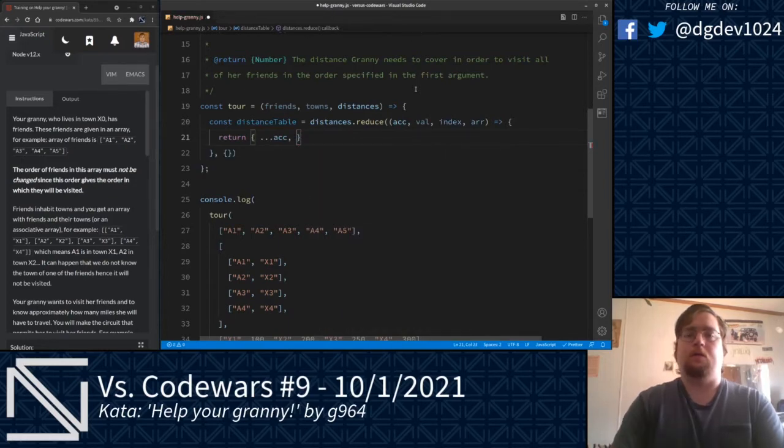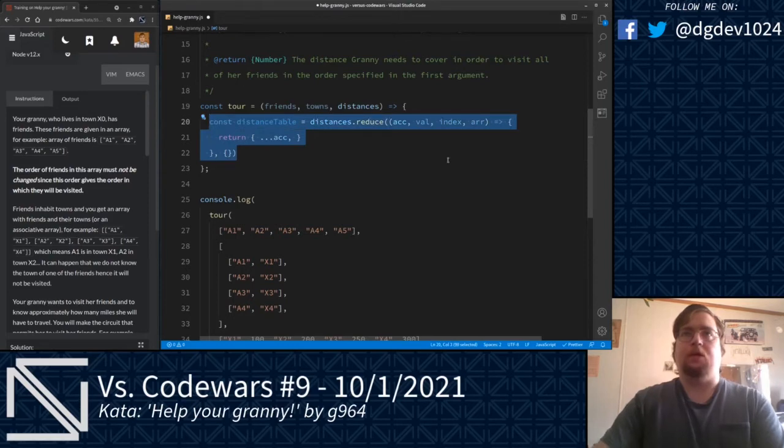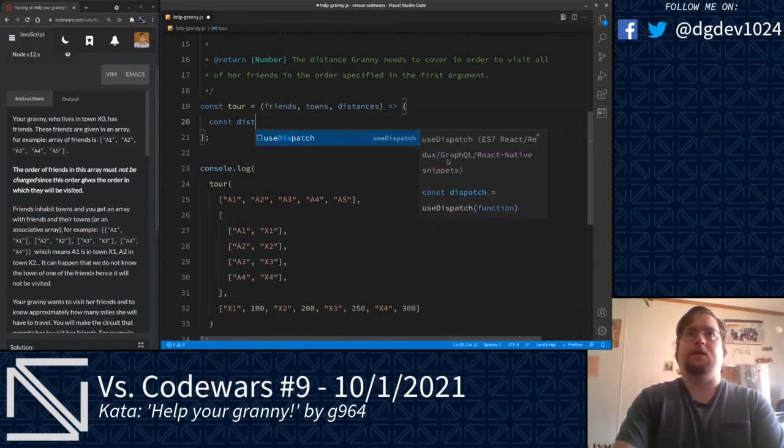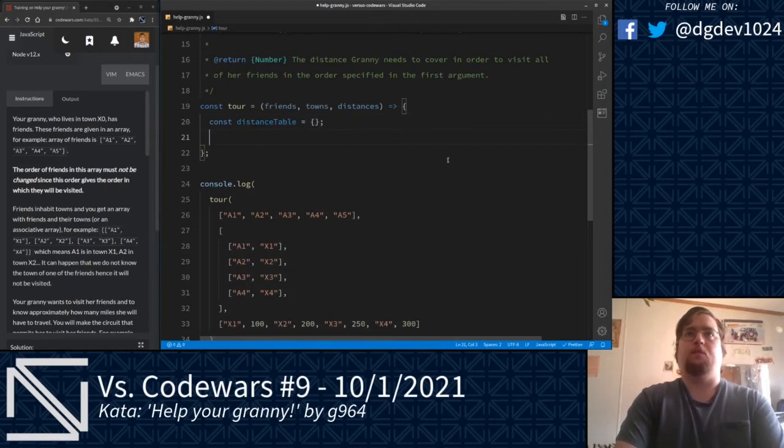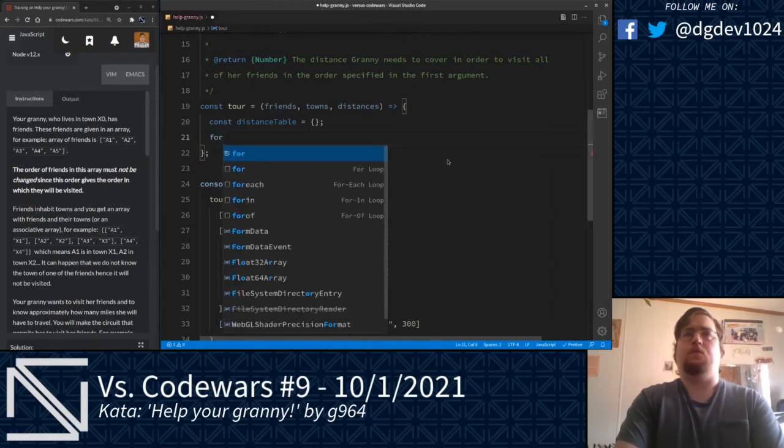You know what? I have another idea actually. I don't think reduce is going to work here. Let's go ahead and do our distance table. Then we're going to go ahead and run a for